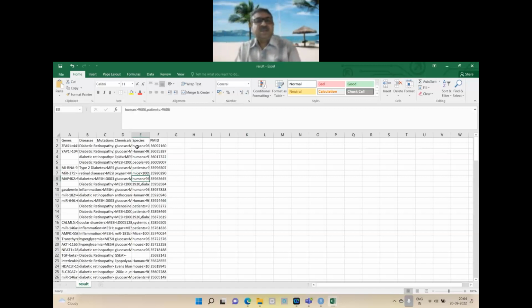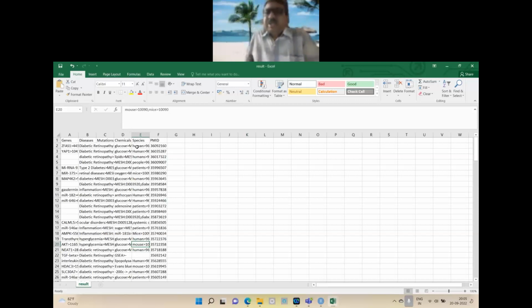Human, again, there's nothing here in this paper. Then human patients, they are mapped to the same ID. Nothing here. Mice, mouse, they are both mapped to the same ID. You see, mouse is singular and mice is plural, and PubTator has been able to identify that. So that's the power of the artificial intelligence